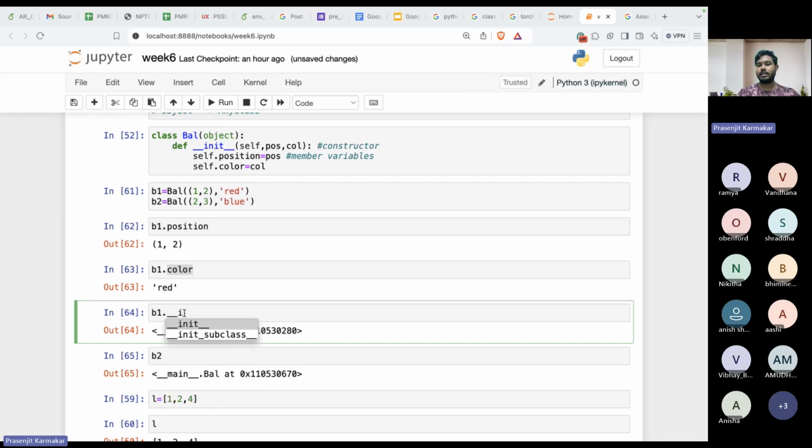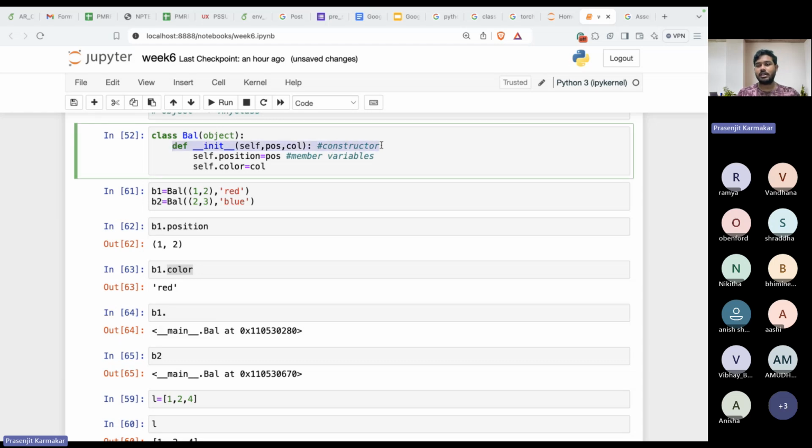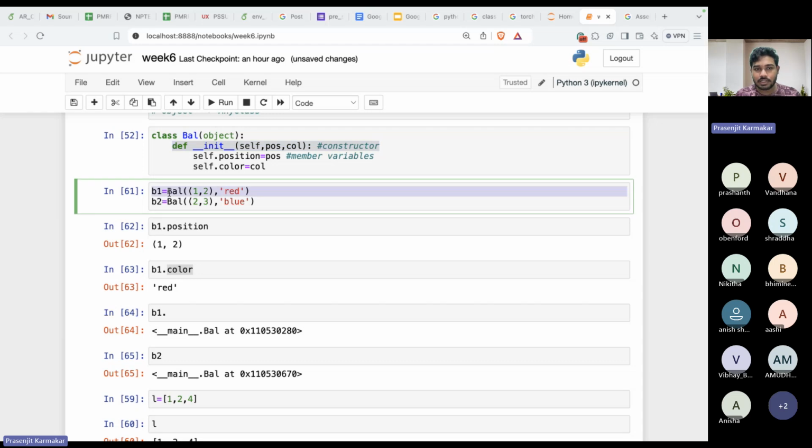See, this function is there. Classes have functions and variables. This is a special function called the constructor, which is called at the beginning of creating an object. So whenever this ball is created,